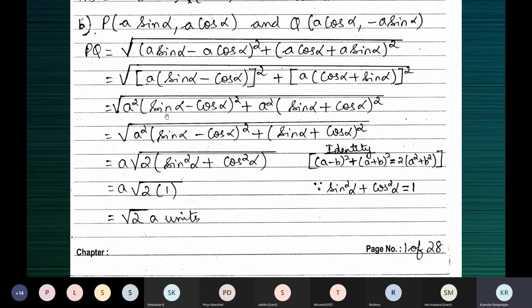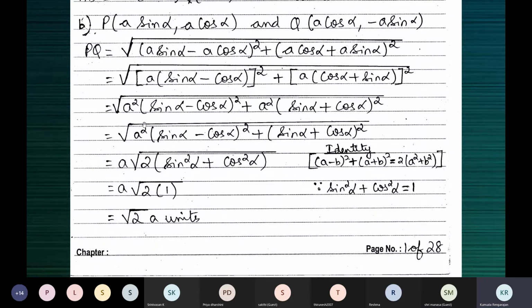So again, children, I'm saying this one is one term plus this is the other term. These two terms have a square in common. So take out a square common, open a square bracket, write this one plus this one, and close the square bracket. The square bracket is missing from here to here.